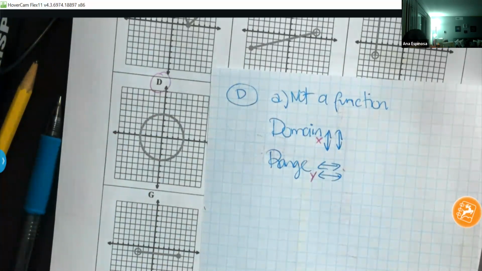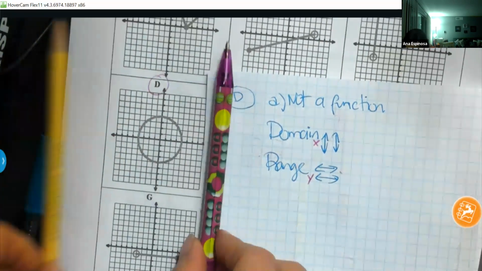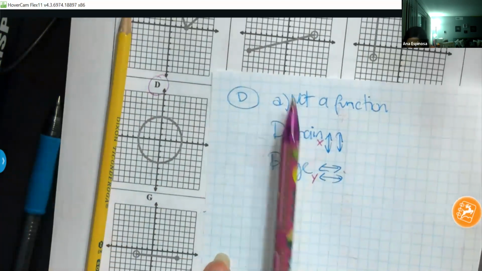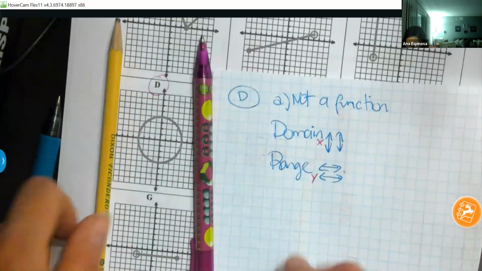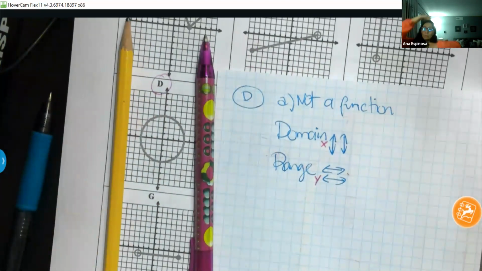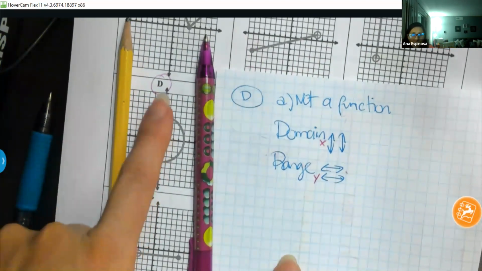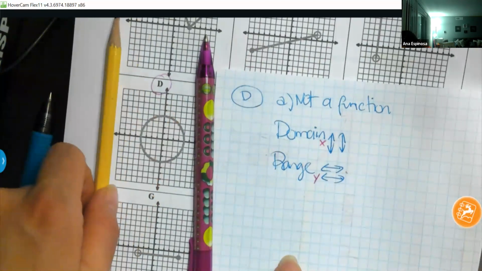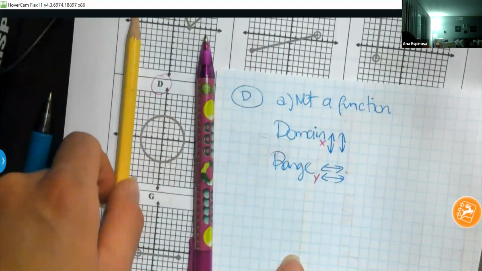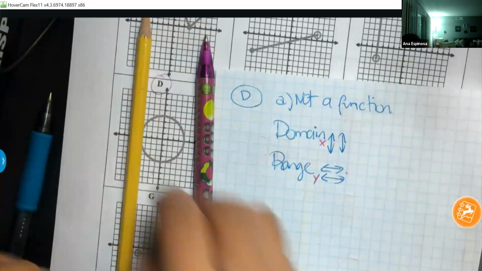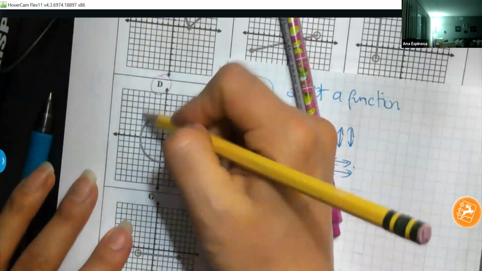So anyway, what I'm going to do is the domain. I'm going to run two vertical lines, and I'm going to see if I can enclose my shape, which, like I said, is the easiest one. So if I start from here, nothing is touching the graph. Remember, the graph is this circle. So if I literally start right here at the edge, I can